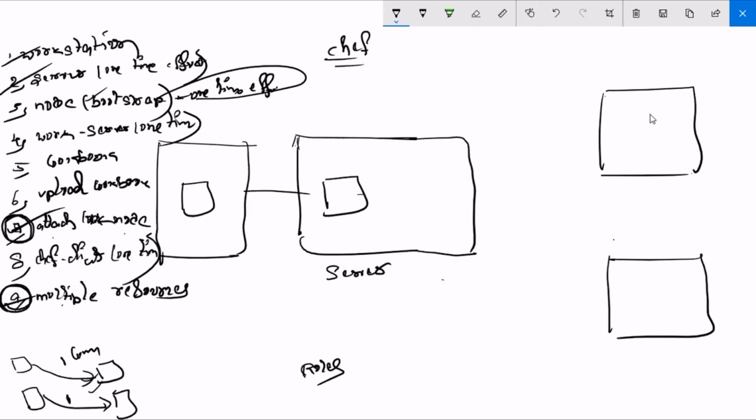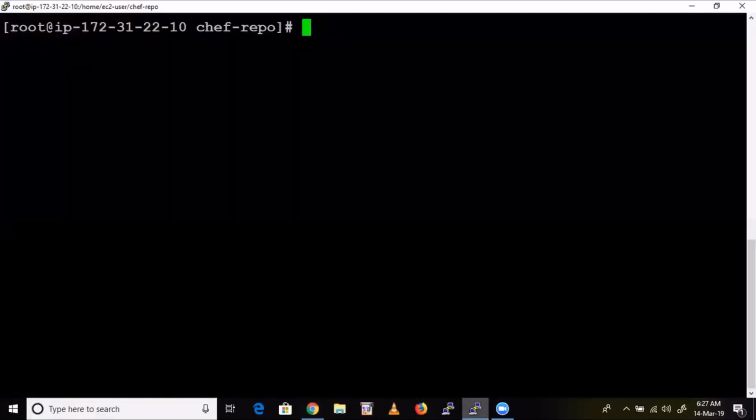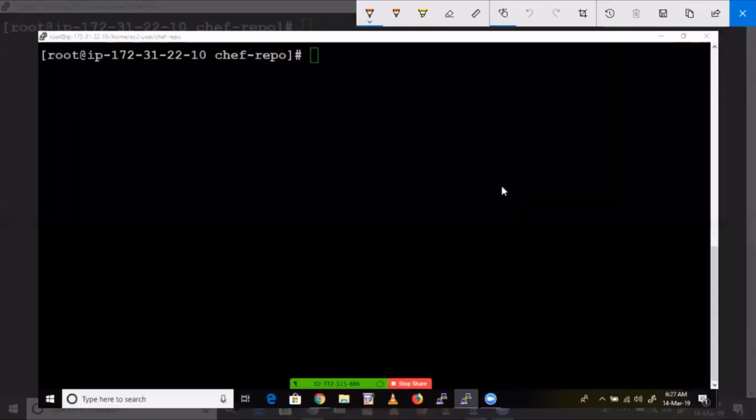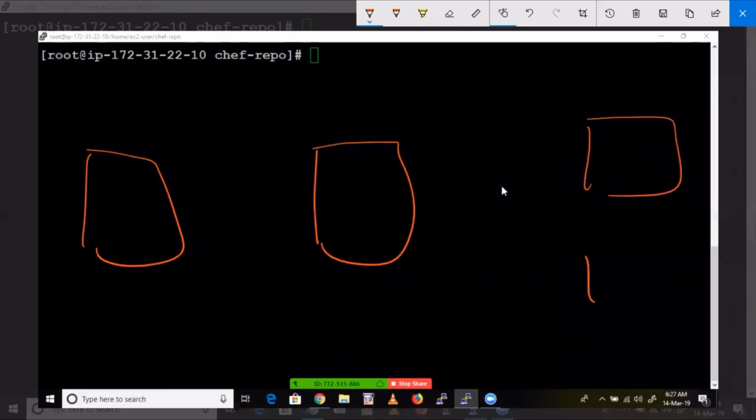You know how to bootstrap them, right? So what is the command to bootstrap, guys? First of all, before you bootstrap, see here, this is workstation, server, and node.